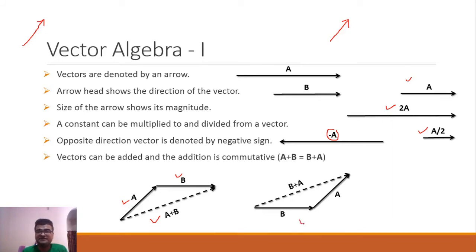This is another way by which we can add two vectors. This other method shows us that if vector B is changed in position and kept on the same plane, it will remain the same. Similarly, this A and this A, they are parallel. So these two triangulation rules which show us the addition of vectors, they are denoting the same thing.